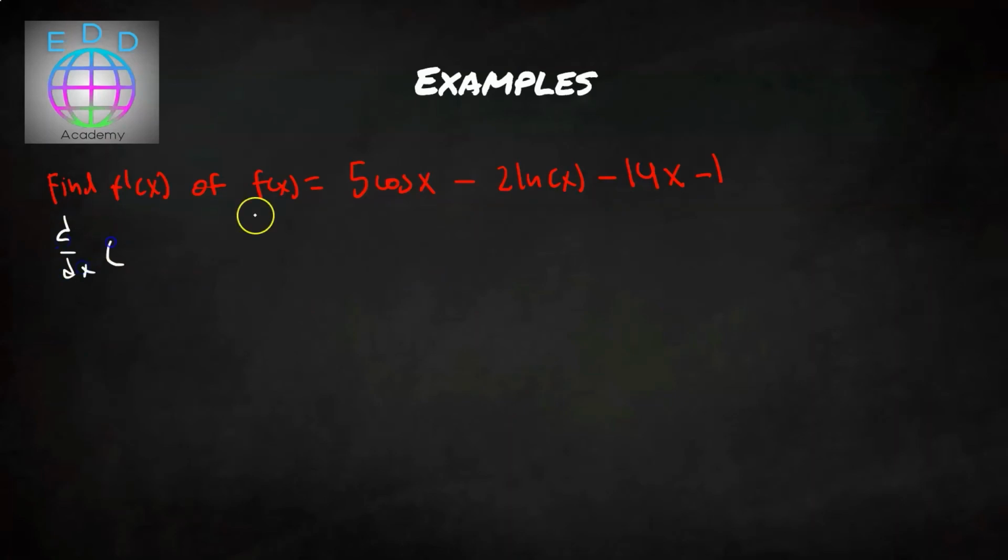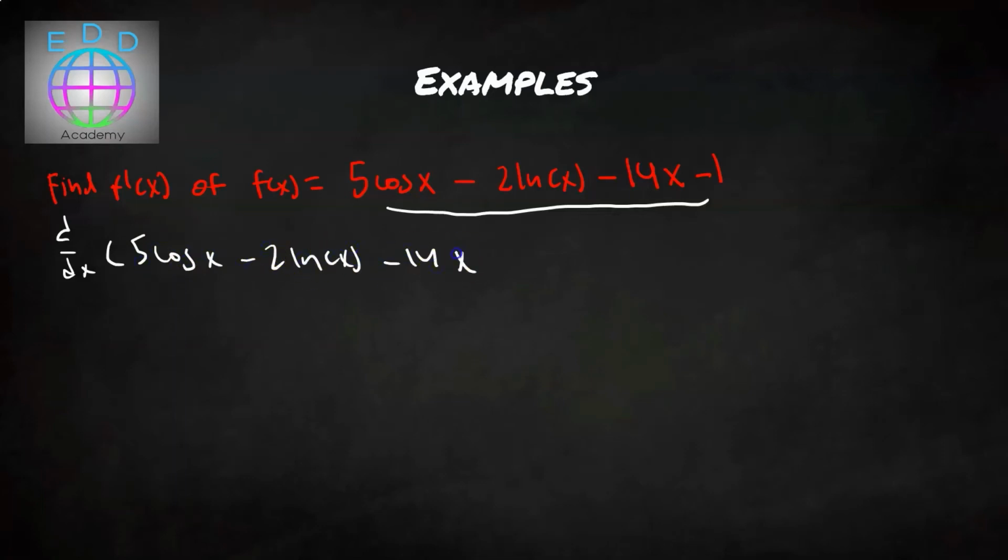So d dx of this function f of x here. I think we've gotten pretty familiar with the subtraction rule, so I'm going to go ahead and not rewrite this individually, like d dx of 5 cosine x minus d dx of 2 ln x, and just